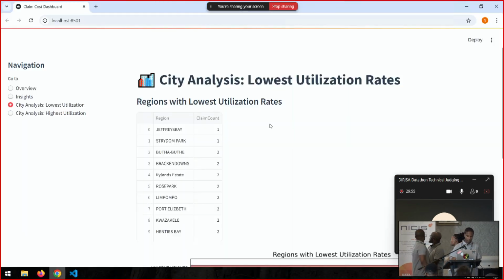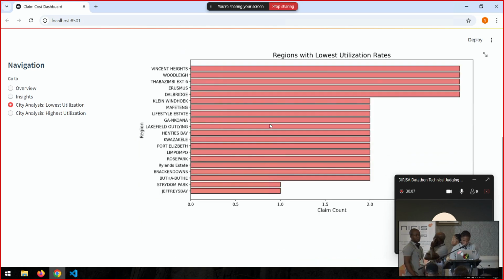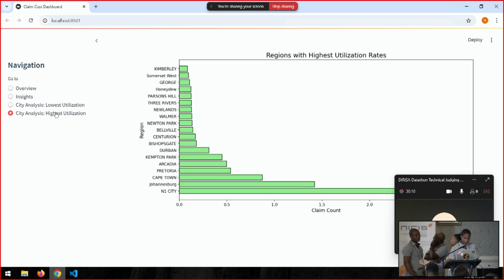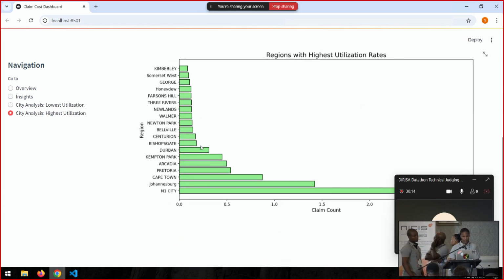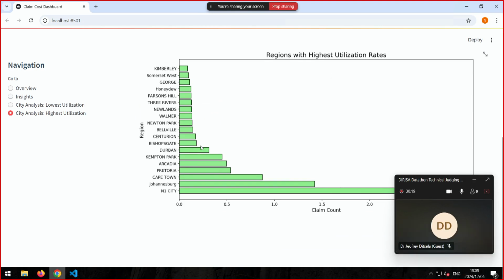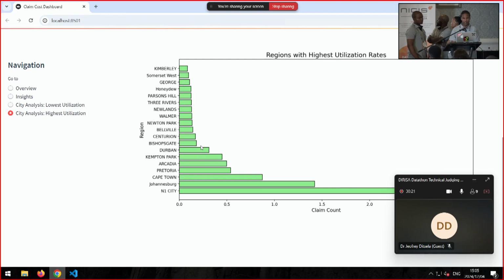So it's gonna have CT analysis. Places with low claim incomes will be investigated to find out why the claim incomes are so low, and then resources will be allocated there. And places with high utilization rates, they'll send out maybe more doctors and more resources, so that everyone that comes there can be assisted.